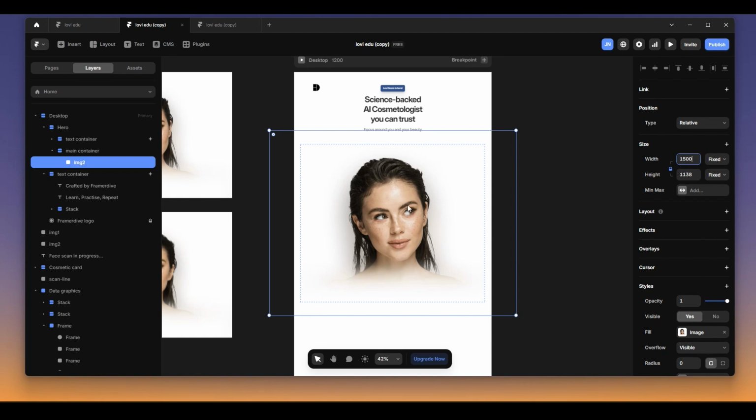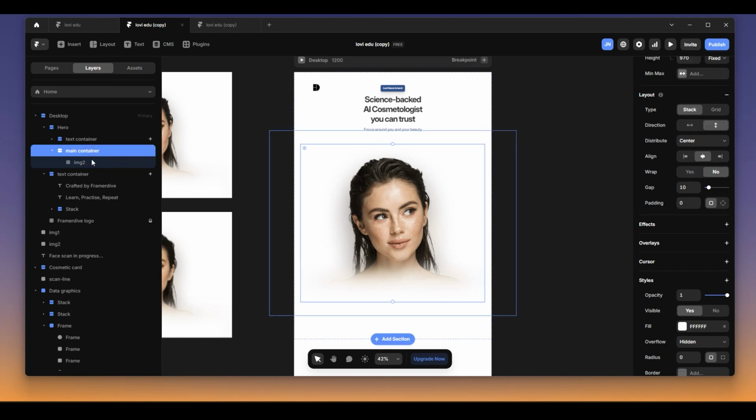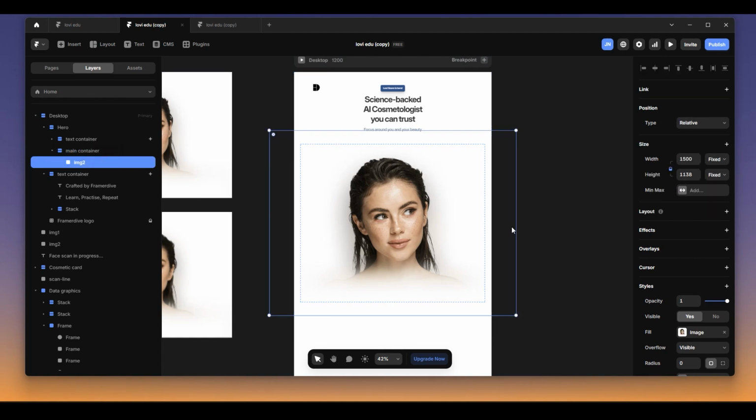So this depends on how big you want your image to be, but for mine I want it to be around 1500 pixels on the width. And as you can see, it has this blue lock icon here. This means that we have locked its aspect ratio. So now we have the main container, which has a layout and has an image inside it. So